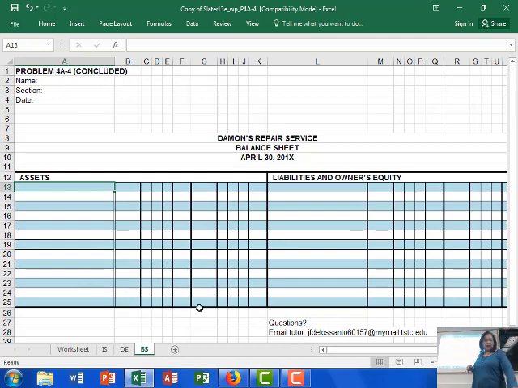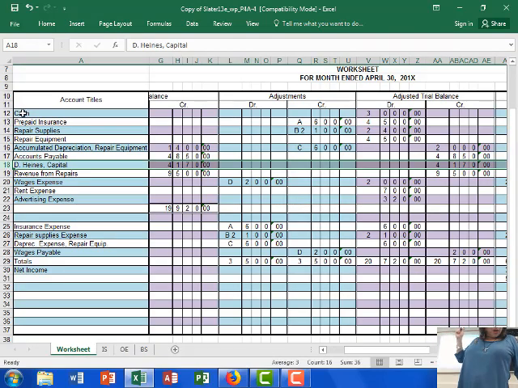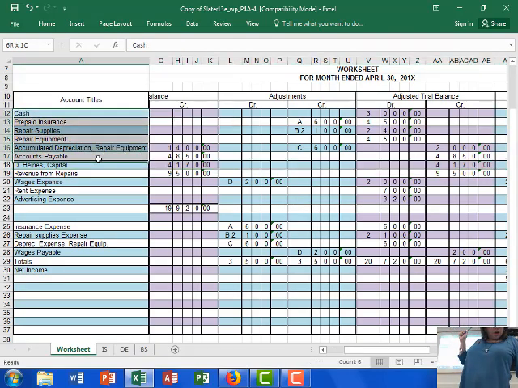we have now the formal balance sheet, not the balance sheet for the worksheet, but the formal balance sheet that we use at the end of the month. So we're going to put all our assets here. What are the assets that he's got? He's got cash, prepaid insurance, repair supplies, repair equipment,